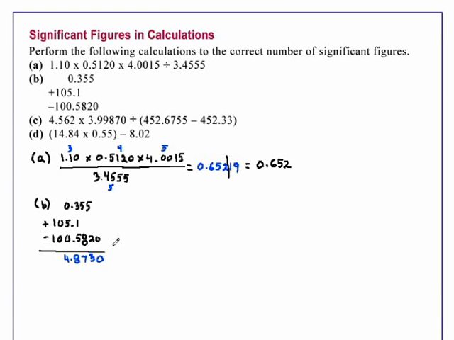and we have to round this number. Remember, when you're dealing with additions and subtractions, your final answer will be limited to the number of decimal places in the datum with the smallest number of decimal places, and that's 1 decimal place. So we're going to round this number at this point. And our final answer will round to 4